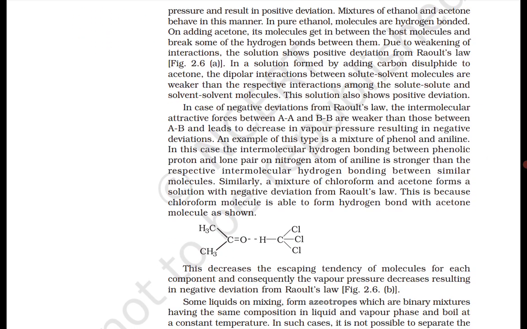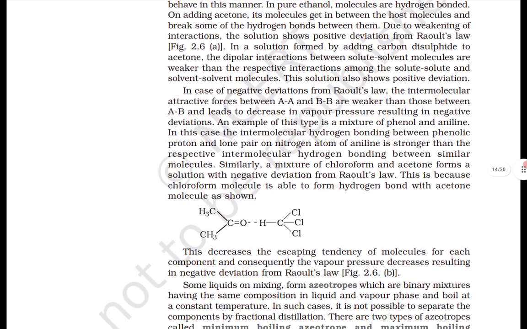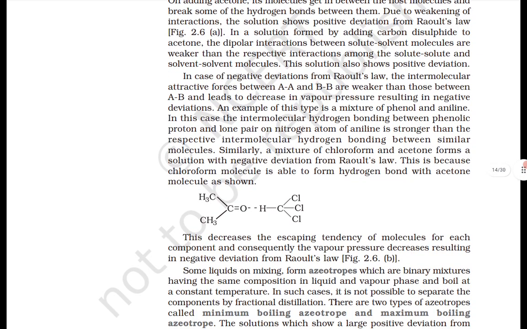positive deviations. In case of negative deviation from Raoult's law, the intermolecular attractive forces between A to A and B to B are weaker than those between A to B, and this leads to the decrease in the vapor pressure, resulting in the negative deviation. An example of this type is the mixture of phenol and aniline. In this case, the intermolecular hydrogen bonding between the phenolic proton and the lone pair on the nitrogen atom of aniline is stronger than the respective intermolecular hydrogen bonding between the similar